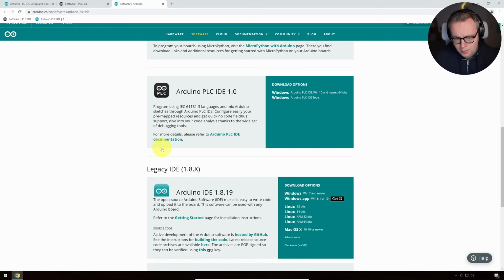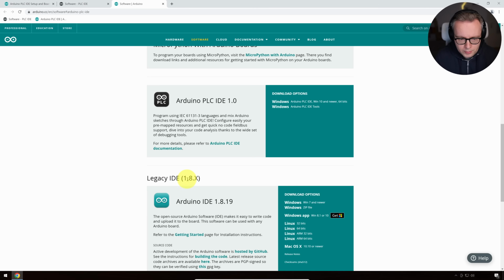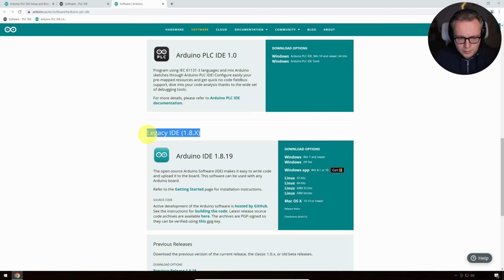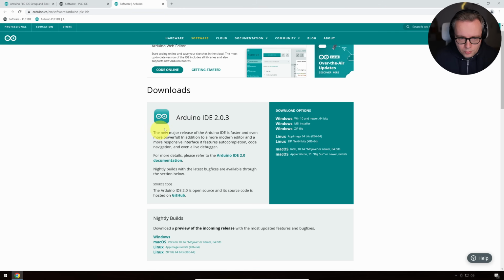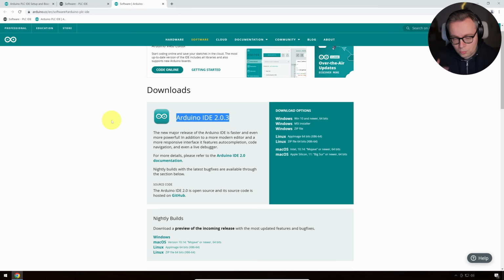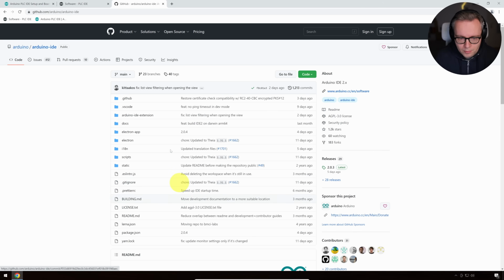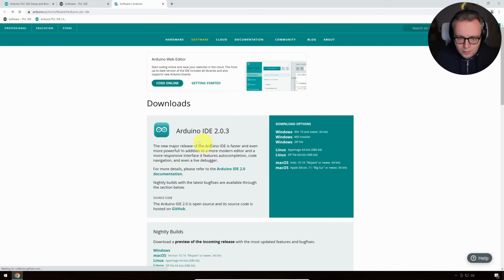The interesting thing here is that you have all the software that you can download, and as you can see, you have the old legacy IDE for normal Arduino controllers, so not the PLC stuff. And you have the new one here, the 2, which has quite recently been released. And what's immediately interesting is that you have the source code for the Arduino IDE 2 here on GitHub. So you can download all the source code and make suggestions for improvements and whatever. Everything is open source, which is really, really great for the normal IDE,